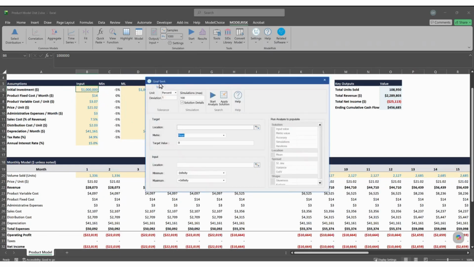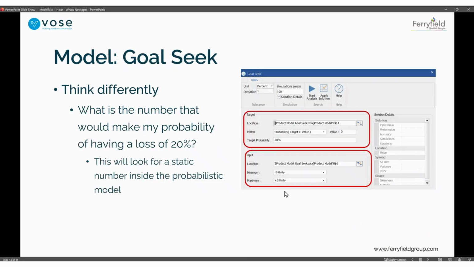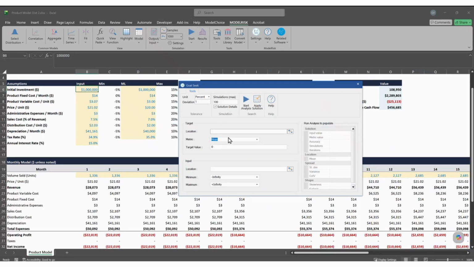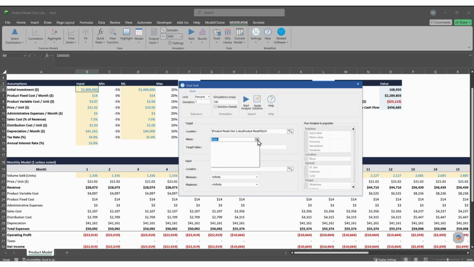In the goal seek, you have two things to do. And here I have it in this presentation, so you can write to me and I will send you the presentation. First of all, you have the target, right, which is the result that you expect. And the second one is the variable that you're going to move, right? So you have the target here, right? So let me show you what you can do with the target. So here you say that the location is the NPV, remember? The NPV, right? And what you can say is that your percentile, you see,